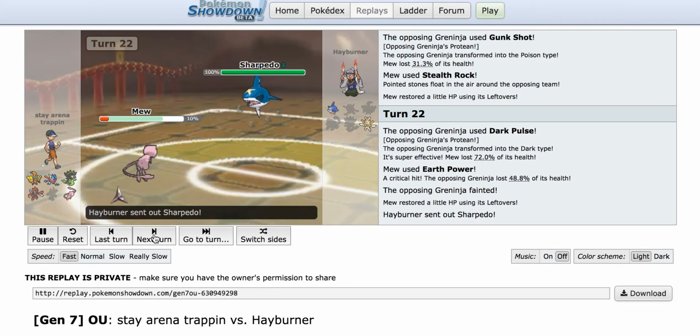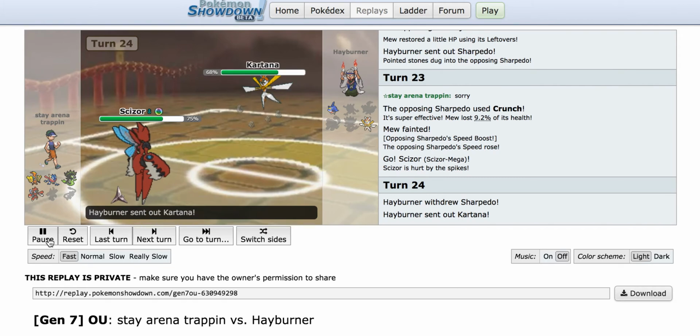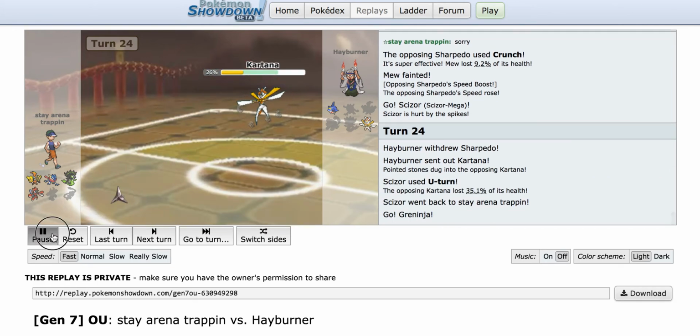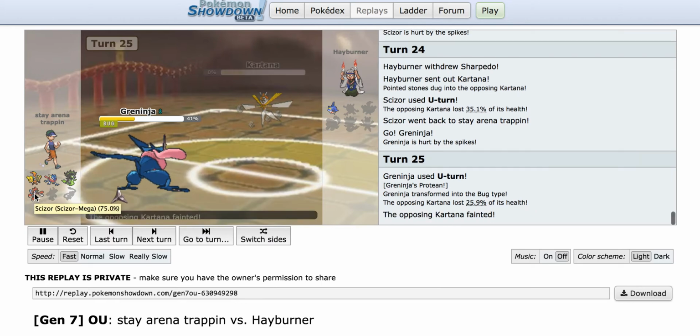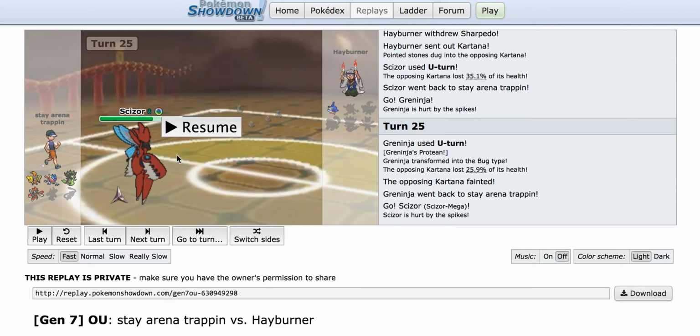So now he can go to his Sharpedo and just click Crunch as I go on my Scizor. Now, when I go to my Scizor, I click U-turn because I want the momentum and I didn't think he'd stay in. I just go back into my Grind and click U-turn again. And then I go right back into my Scizor, knowing I could eat any hit. Now here I Roost because